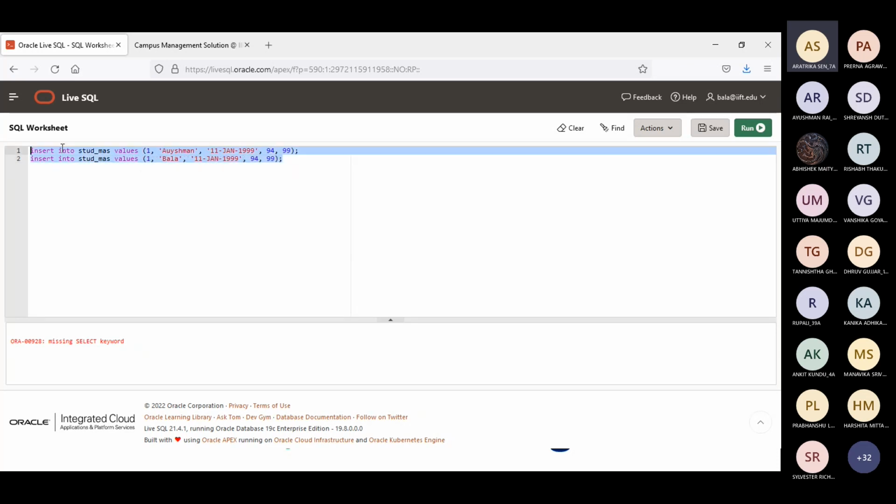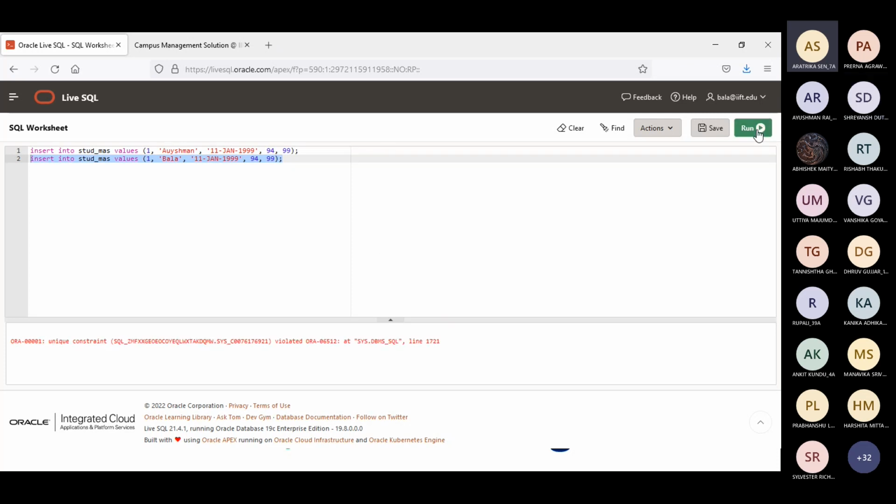Will this run? No, sir. Just read the unique constraint. It should be a unique value. You can't repeat those values for your primary key. Now check this. Instead of putting this,